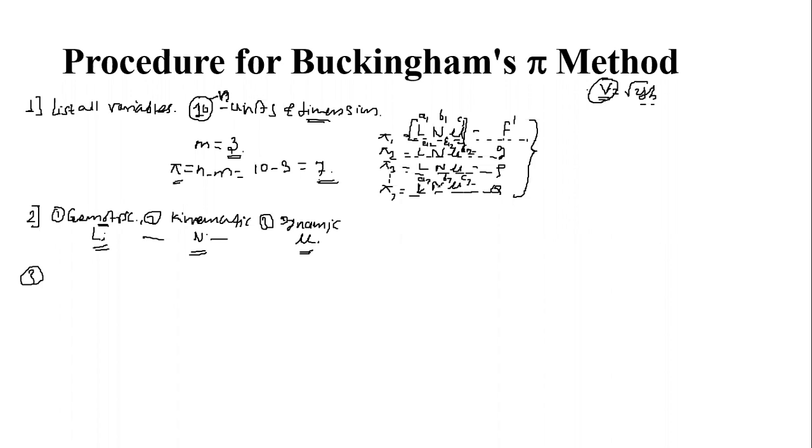Likewise, the powers we have to put forth, and after giving the powers for each and every repeating variable and non-repeating variable in their dimensional form. कशामध्ये लिहायचं आपल्याला त्यांना? इन द डायमेन्शनल फॉर्म, मीन्स इन द टर्म्स ऑफ द LMT. ओके. देन वी हॅव टू इक्वेट इट विथ रिस्पेक्ट टू द 0. म्हणजे ही जी पाय टर्म जे आपण म्हटलं की नॉन डायमेन्शनल पॅरामीटर आपण ज्याला म्हटलं होतं यांच्या कॉम्बिनेशनचा, म्हणजे काय असणार? दॅट विल बी इक्वल्स टू द पॉवर्स ऑफ द L as a 0, power of the M as a 0 and power of T as a 0. Means this pi term is a non-dimensional parameter.